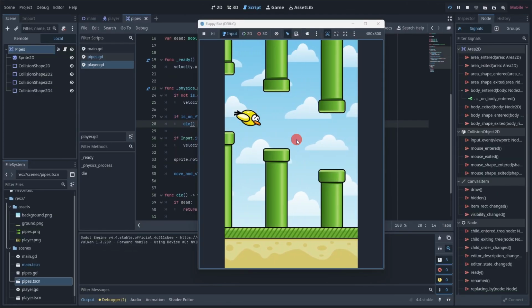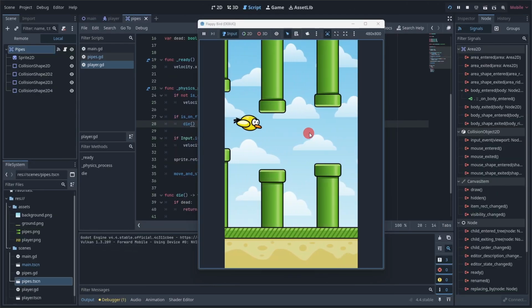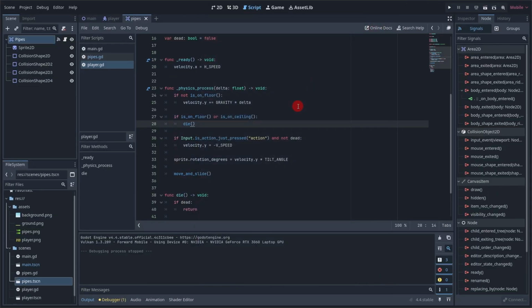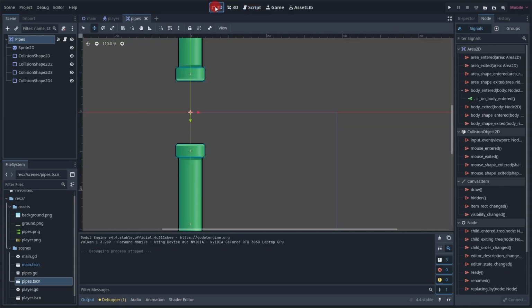Alright, next we'll make it so the player can score some points as they fly between each set of pipes. To do this, let's go to 2D mode for the pipe scene. So what we'll do is we'll add another Area2D as a child of the scene, which we'll place a bit off to the right of the pipes. And if the player enters into the area, we'll emit a signal,